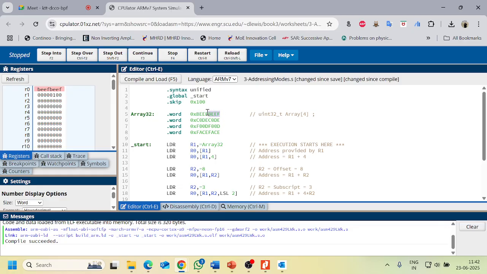So this is the first 32-bit data, which consumes 4 locations: 100, 101, 102 and 103. From 104 onwards, the second word is going to be declared. So in order to access the next data, R1 is